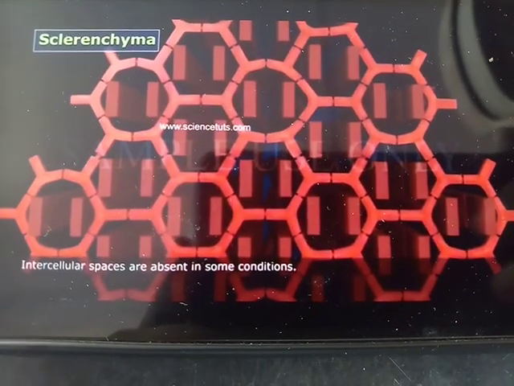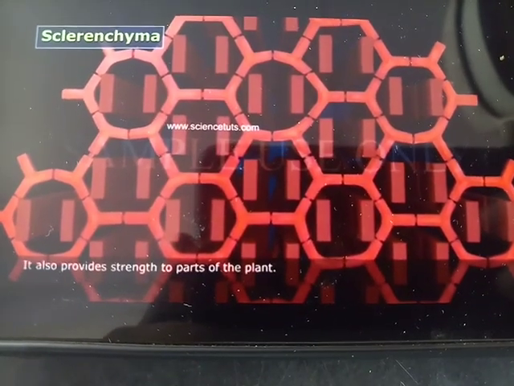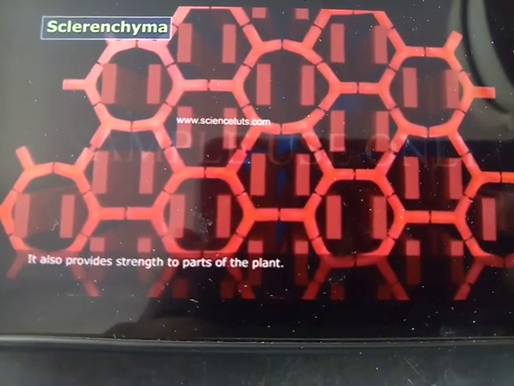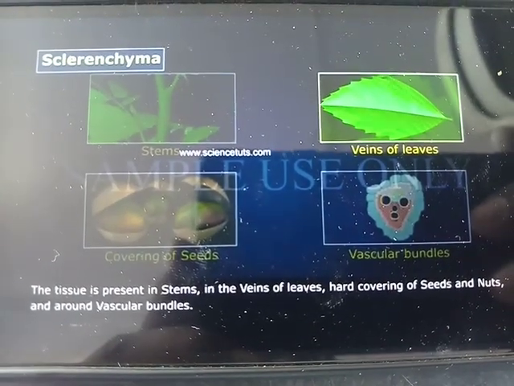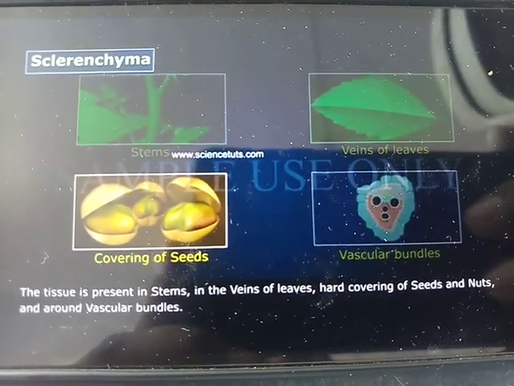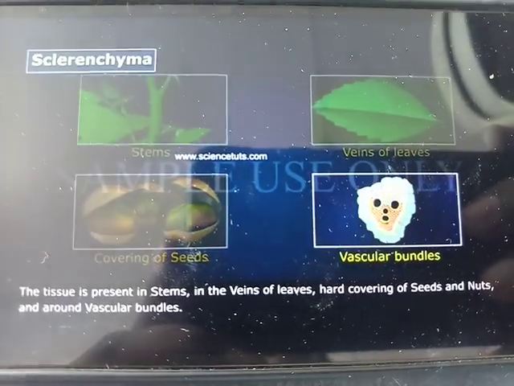Intercellular spaces are absent in some conditions. It also provides strength to the parts of the plant. This tissue is present in the stem, leaves, veins, hard covering of seeds, nuts, and